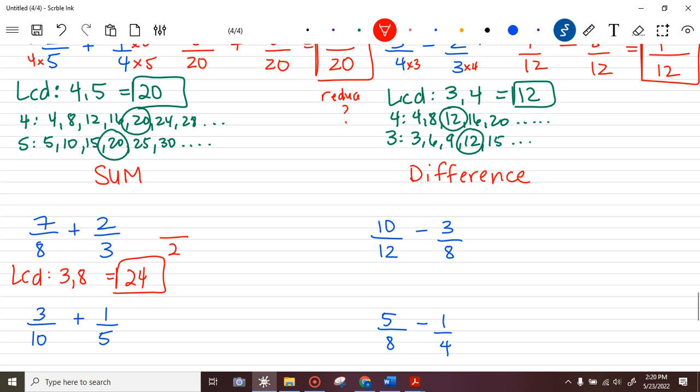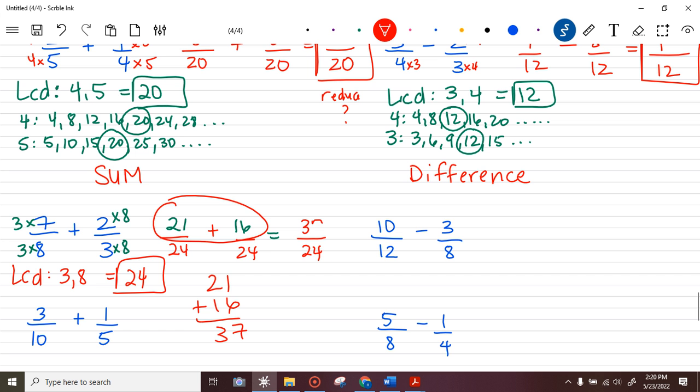So we want to have a 24 on the bottom and a 24 on the bottom, and then now we're adding. So 8 has to turn into a 24, so times by 3, and also 7 has to times by 3 because it just comes along. So now we have 21 on top. Then 3 times something gives us 24, so 3 times 8, and then the 8 just comes along, so 2 times 8 on top is 16. So then now we have our 24s, just keep it as a 24, and then we're allowed to add the numerator. So 21 plus 16,